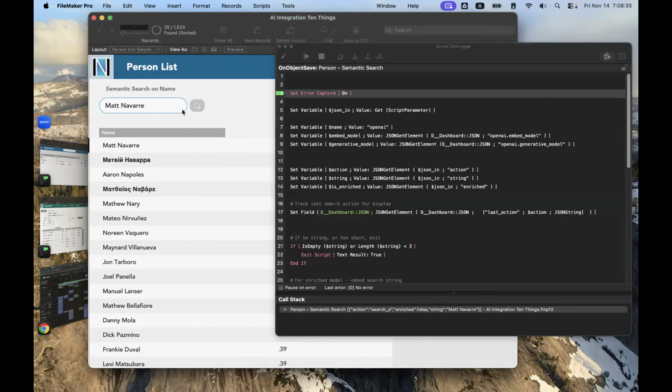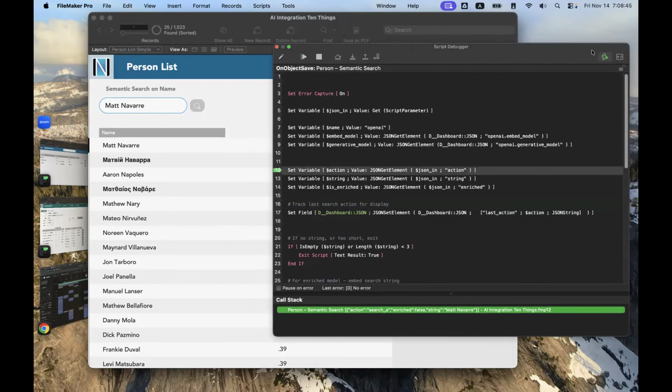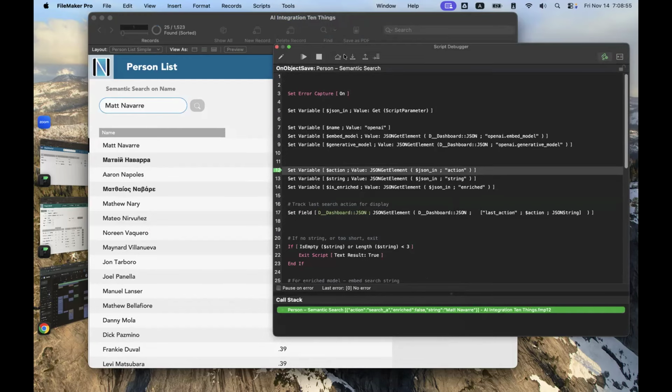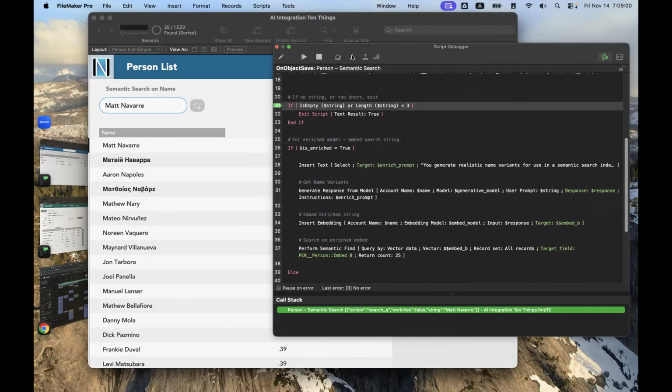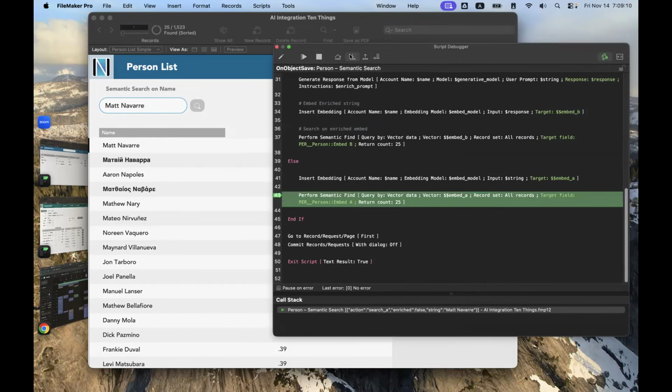And this is obviously very little code. Is there anyone here who has not played with semantic search yet? I was quite surprised how good of a job it does on just names. It's such a small amount of data, but you get really, really good results. Oh, that's the generative model. The embedding model is text-embedding-3-small. And then I just have some metadata stuff. We'll look at that. The same script is going to be used for the second part of this. So it just performs semantic find,